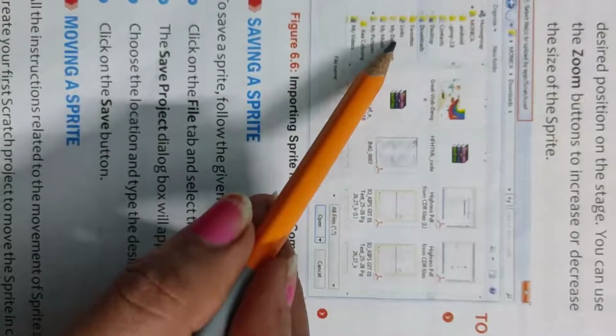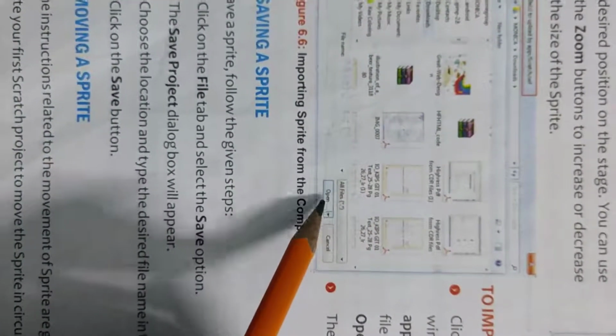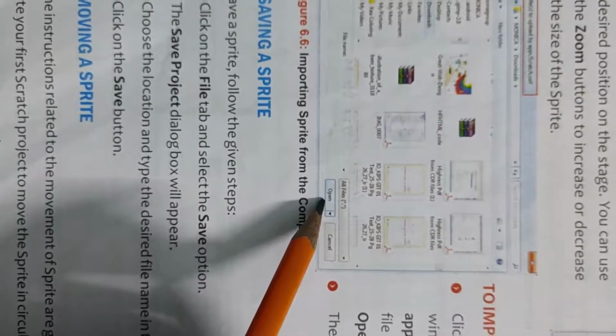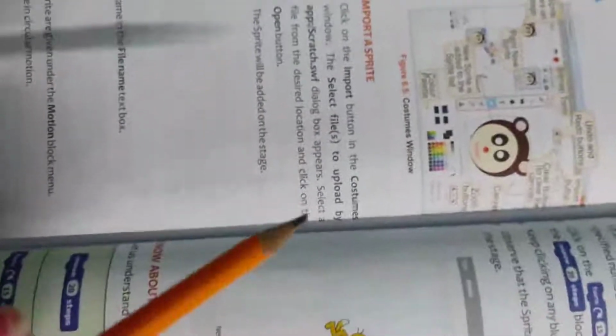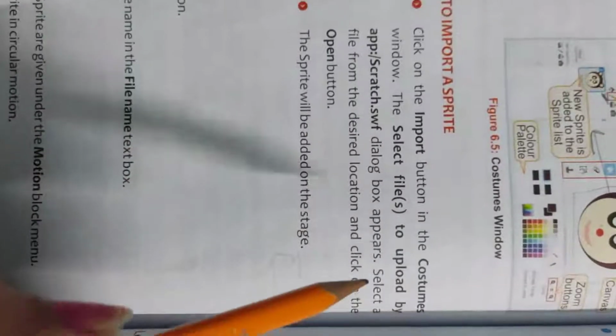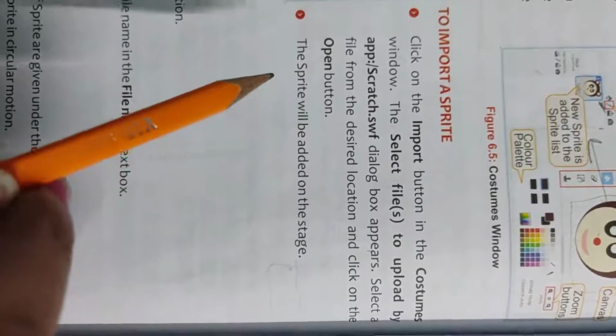Then you click on that location, that file will appear, click on that, then open. Then that picture or file, whichever you want to upload in your sprite, will be uploaded. Select a file from the desired location and click on the open button. The sprite will be added on the stage.